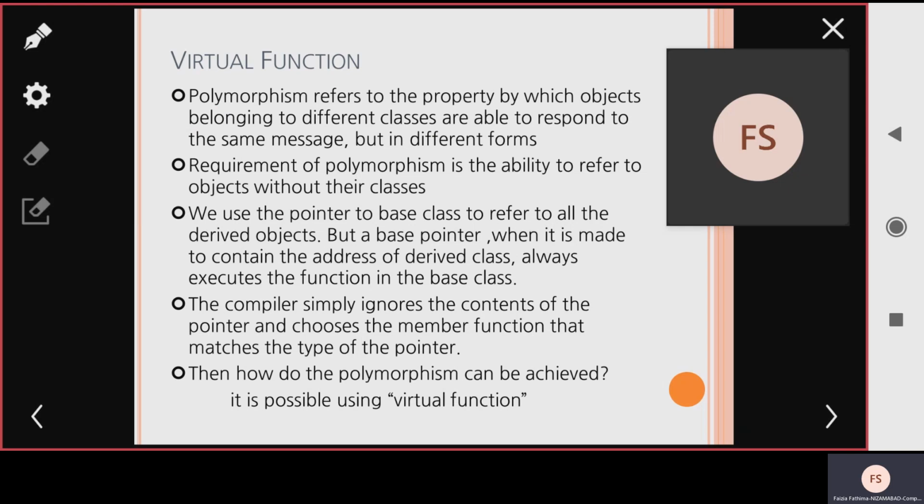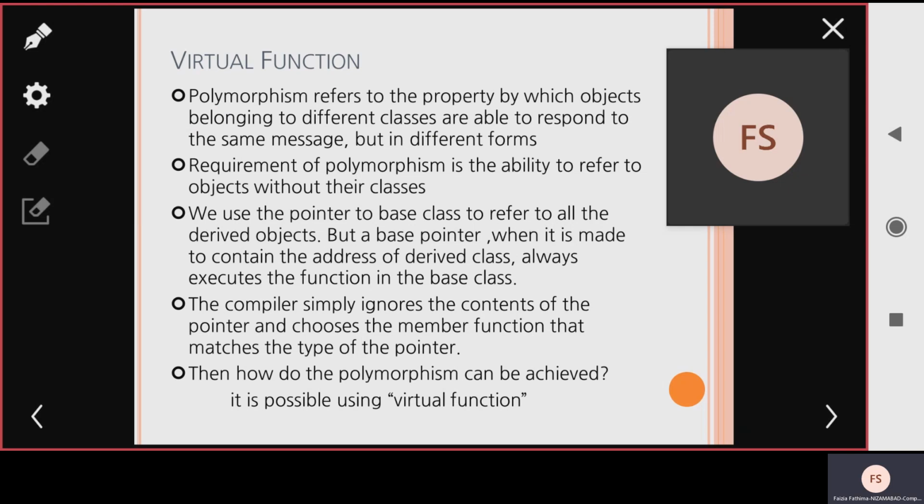The compiler simply ignores the content of the pointer and chooses the member function that matches the type of the pointer. Whatever content is in that pointer, it directly goes for the member function that matches that pointer type.